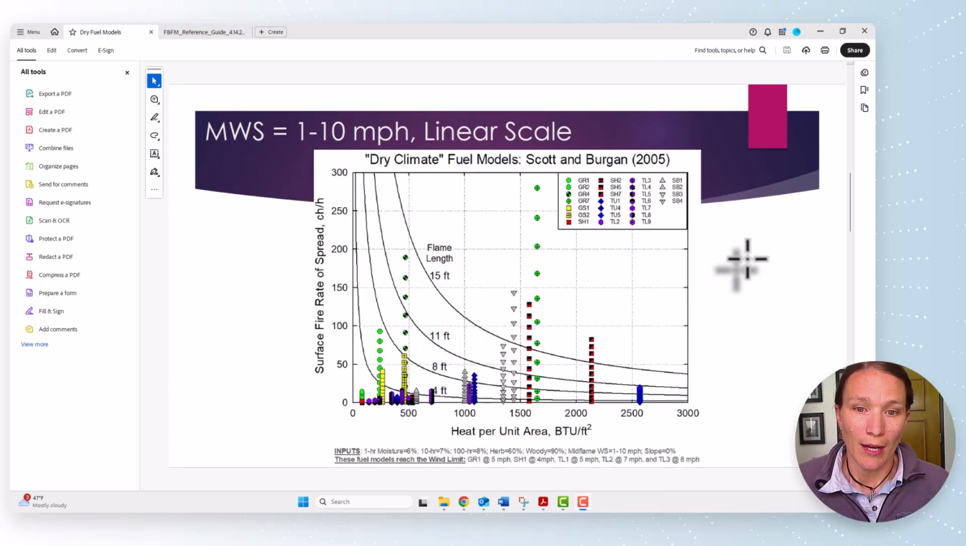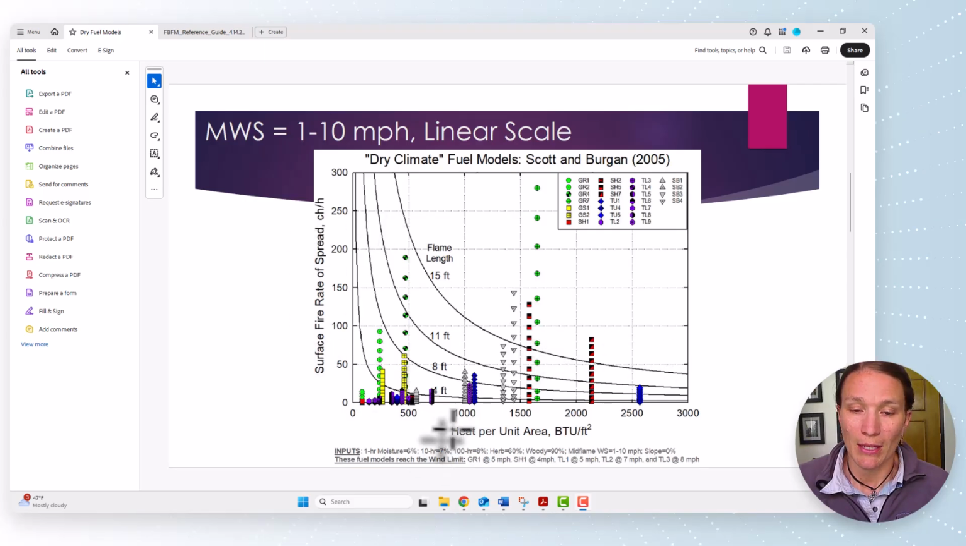In this video, I will show you how to interpret the fuel model comparison graphs. In this figure, we can see that these are the dry climate fuel models. It does not include the 13 original fire behavior fuel models. What I'm looking at, first of all, are my flame lengths here on this curve, my rates of spread on